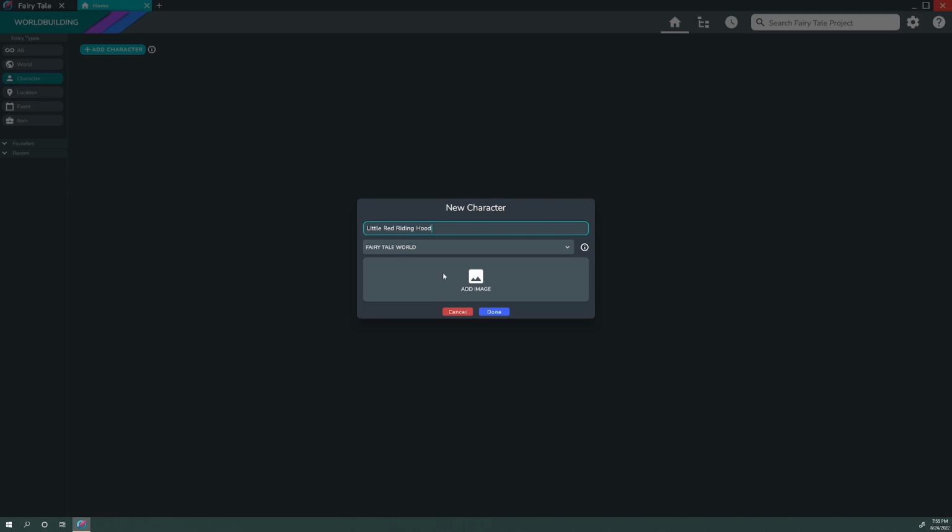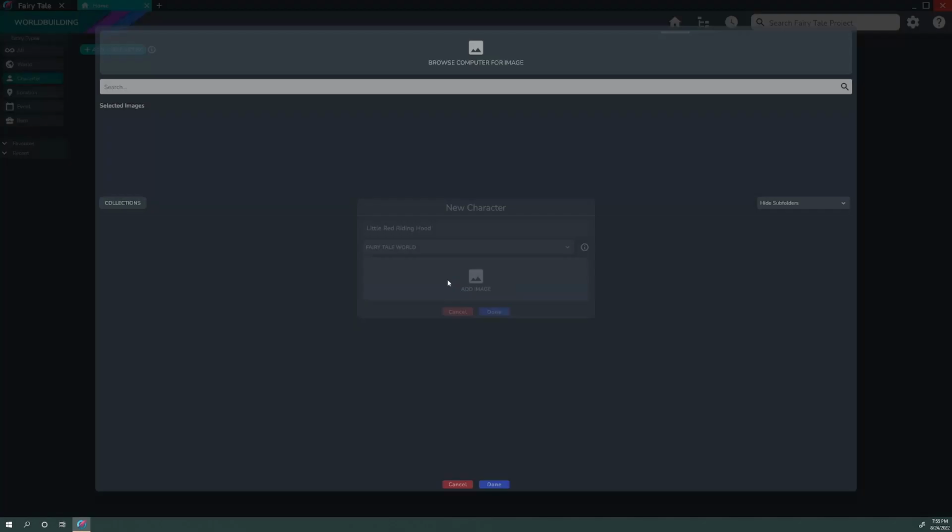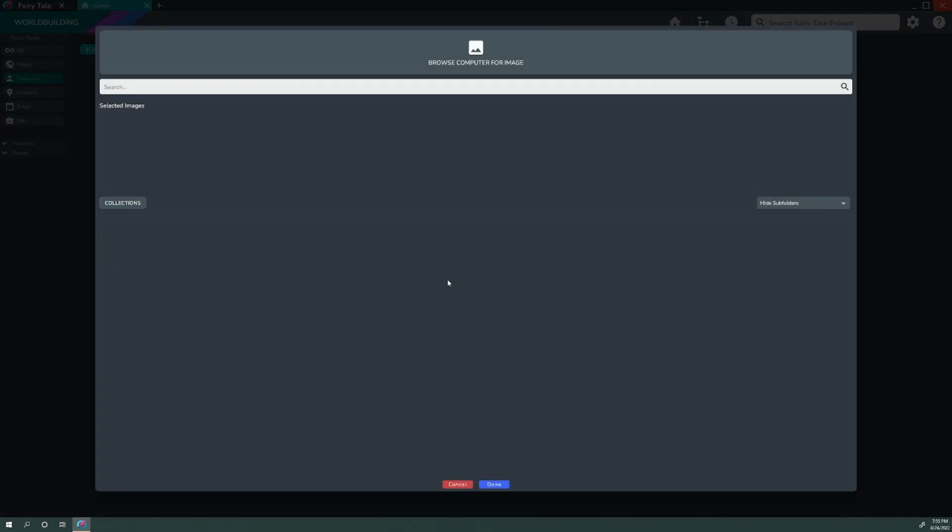I can also add images to my character entry via this image picker. When I click the Insert Image section, it pops up with the Image Picker browser. This allows me to import images from my computer or add images that I've already imported previously. I can also organize these images via the image database so that they're easy to find, but we'll cover that